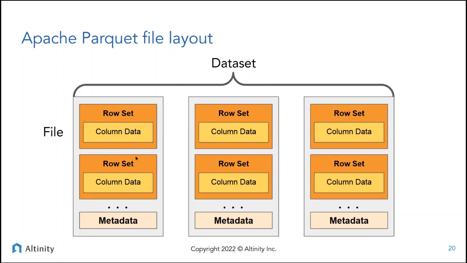Still on Parquet, you can have a group of Parquet files together. We call that a data set. It really means that most libraries are perfectly happy to read a single file or to read a bunch of them. When we're reading Parquet, we can just point to some path out in S3, and then we can read all the files together, because the libraries that access Parquet can deal with multiple files at once.